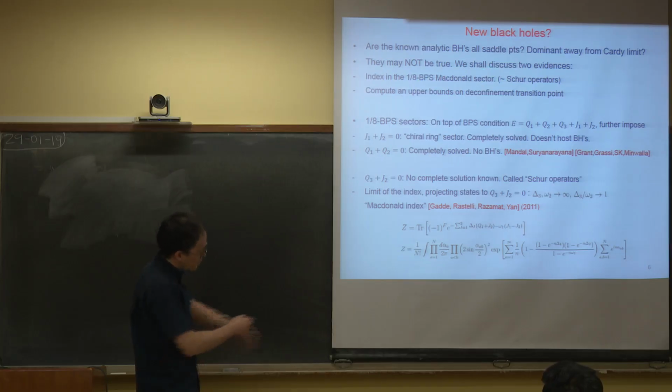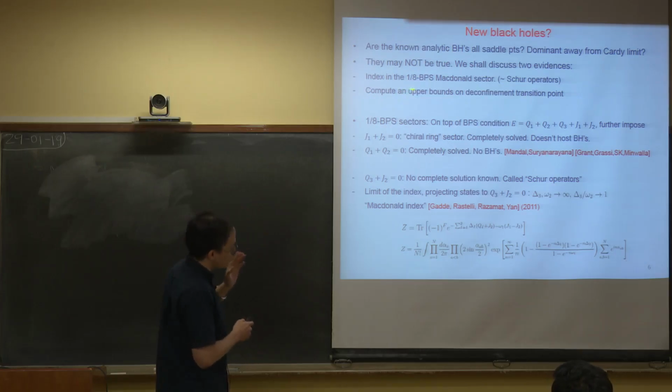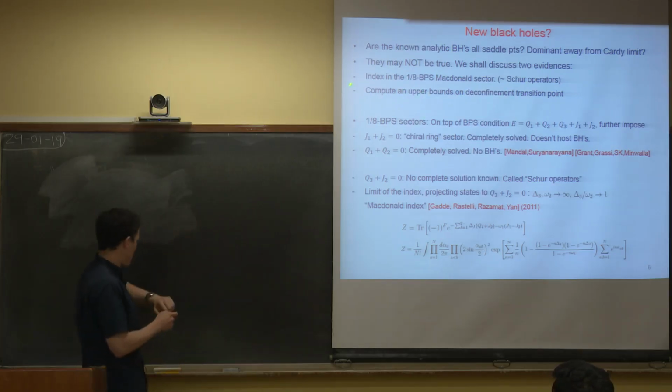Okay? So the limit of the index that you have to take to project to such states is called the Macdonald limit. The operators belonging to this sector are called Schur operators, which I'll explain shortly. Secondly, after explaining the first point, I'll try to revisit the question of deconfinement using this eigenvalue distribution viewpoint, incorporating the idea of complex phases. So let us first study the 1/8